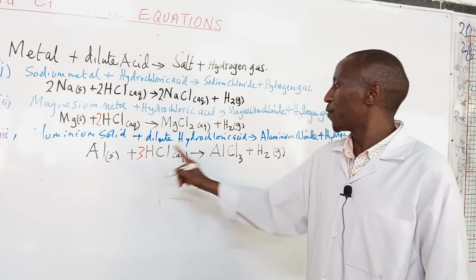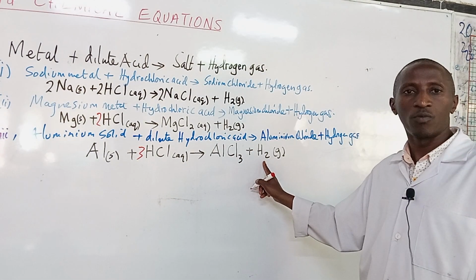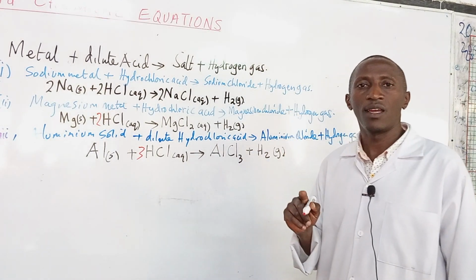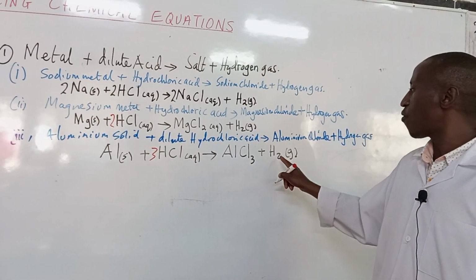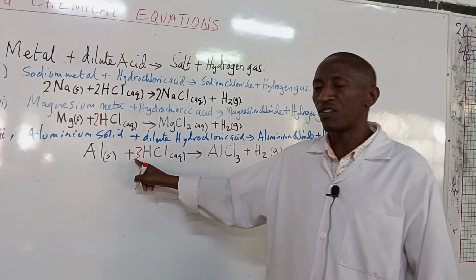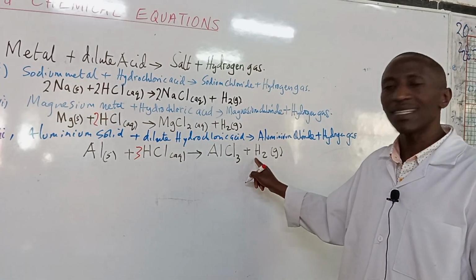However, if you look at the hydrogens here, there are 3, and on this side there are 2. So we need a common factor. In mathematics we say LCM, a common multiple of 2 and 3, and that happens to be 6. So how do we create 6